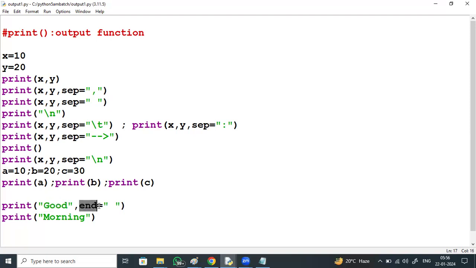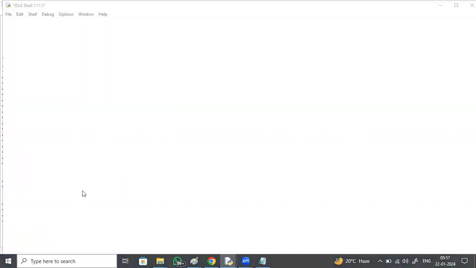Whenever you use end, what is your understanding? This is saying that whatever the next print is, that output is attached to the current line using a space between them. Good morning as a single line.